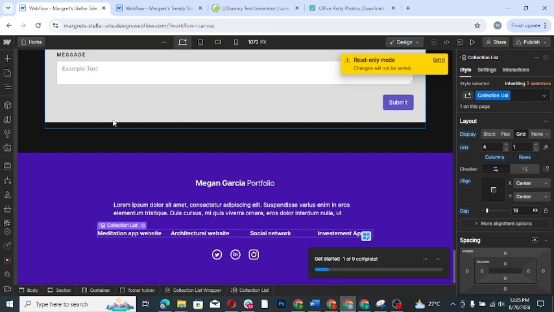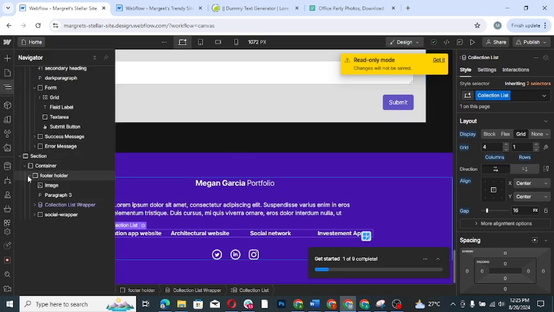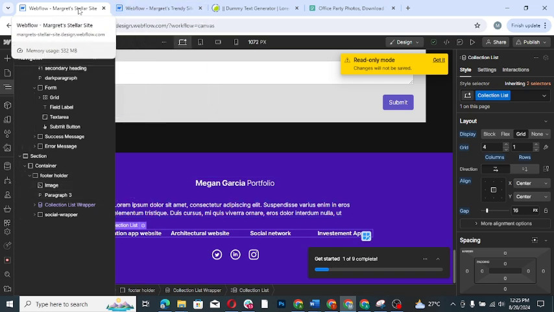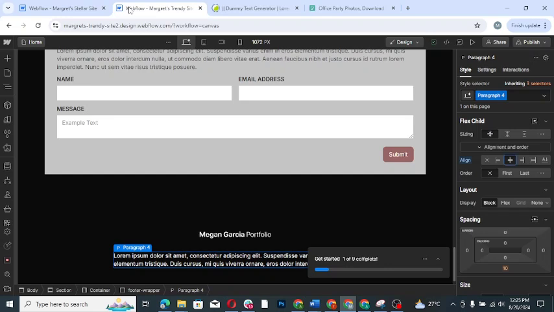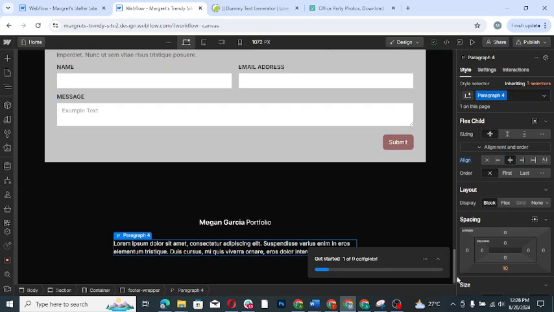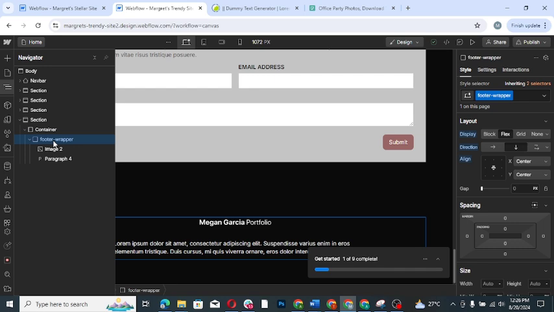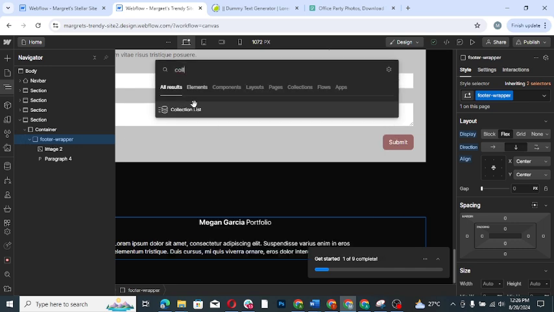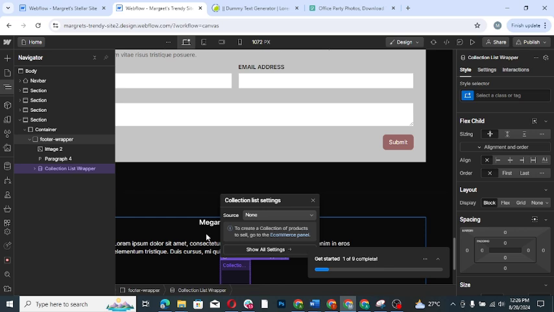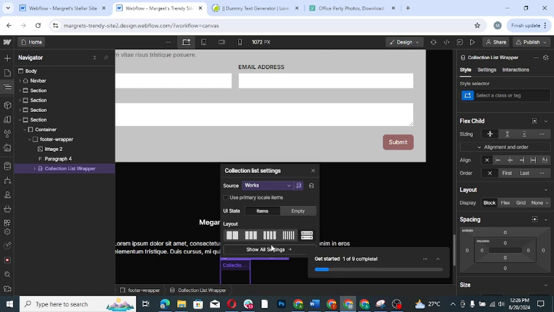So let's look at, okay. So now we are going to have a collection list. So let me inspect this so we can follow suit. Yeah, so we are going to have a collection list which is going to contain some items. So the collection list is going to be in the footer wrapper. So I'll come to the footer, Control E, and I'm going to search for collection list. You've seen that? Yep. So this is going to have the one for works. You can see that. So inside this collection list, let's go to the item,